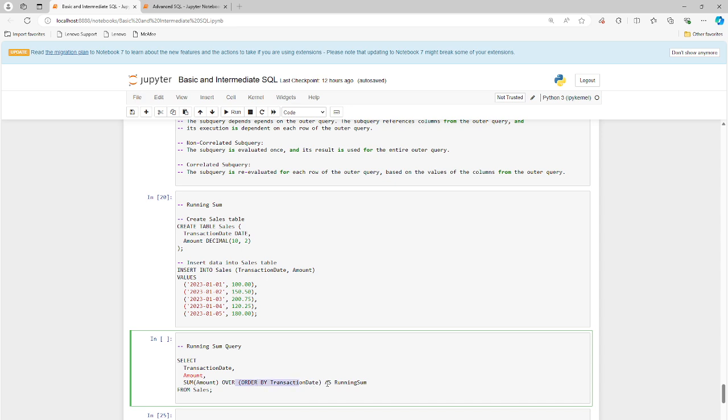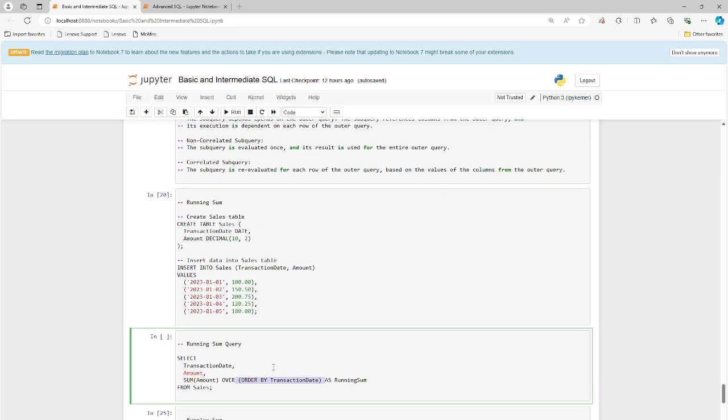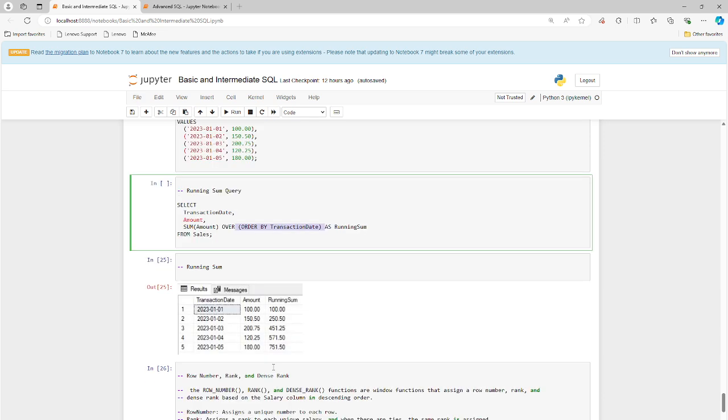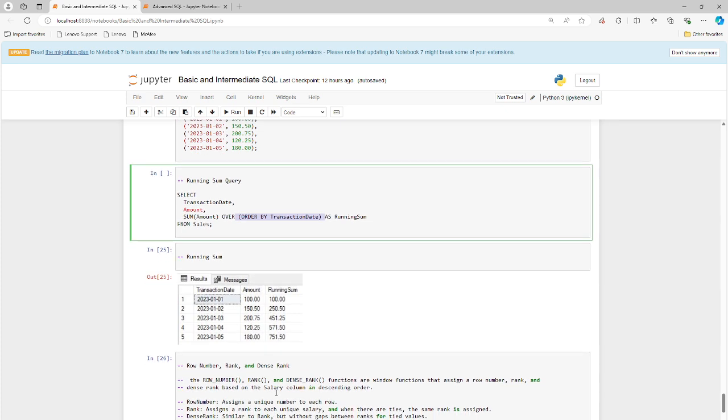and this is the condition, right? We have to have an order by, or it's going to be meaningless. And here's your running sum. So we have 100, 250, 451, 751, 50, right? So you can see how it's cumulative and it's increasing. So a couple other